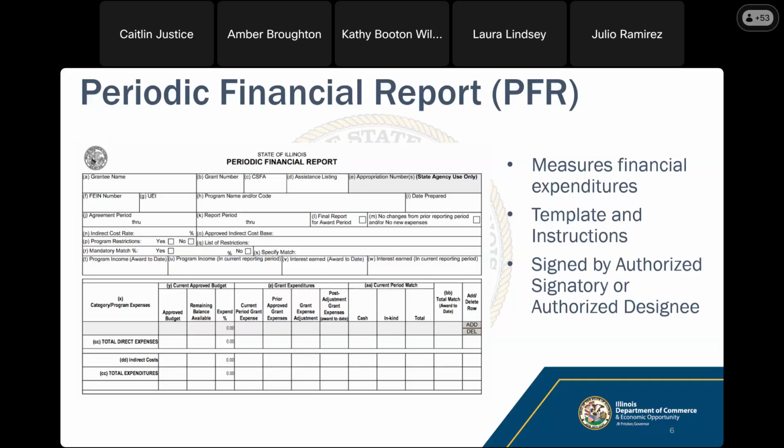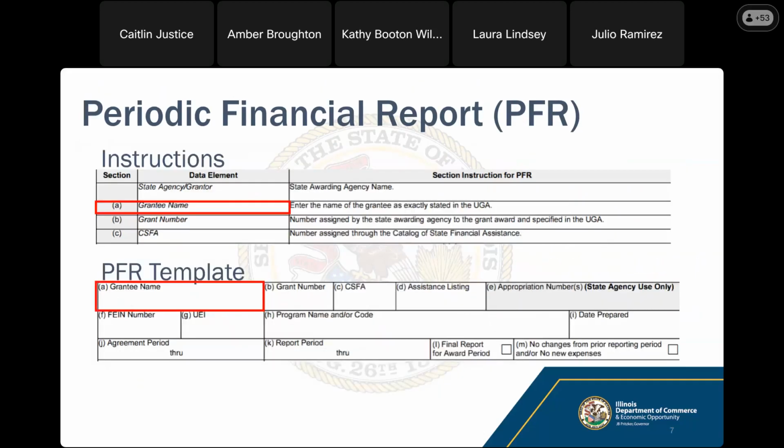On this slide, I just took a screenshot of what our blank PFR looks like so you can get a visual of that. And then I'm going to go through in detail how to complete it. Pages 2 through 4 define how to fill in the template for submission. Each line of the instructions correlates to a field within that PFR template. So in this example on the slide, the instructions will tell you what to input in the box for section